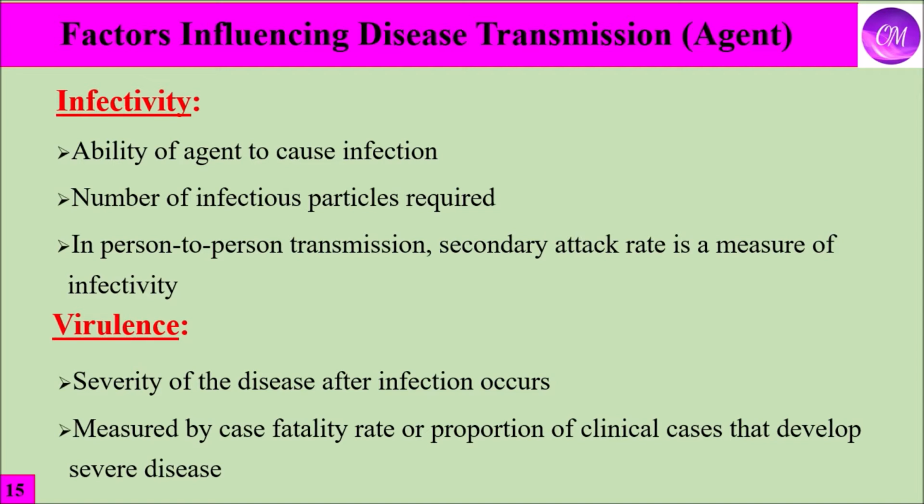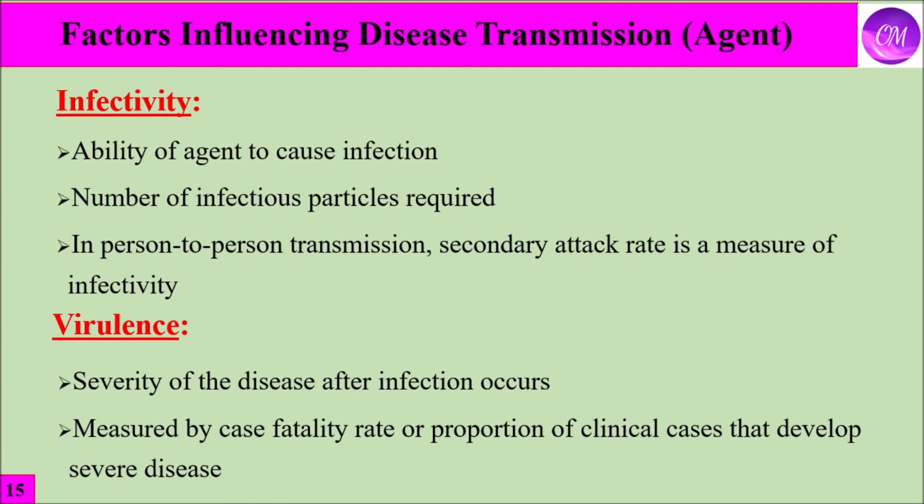Infectivity is the ability of agents to cause infection, based on the number of infectious particles required. In person-to-person transmission, secondary attack rate is a measure of infectivity. Virulence is the severity of the disease after infection occurs, measured by case fatality rate or the proportion of clinical cases